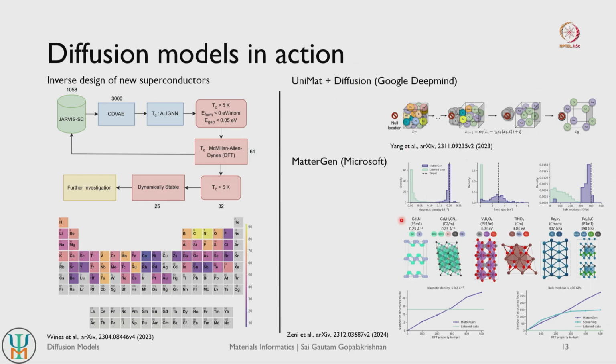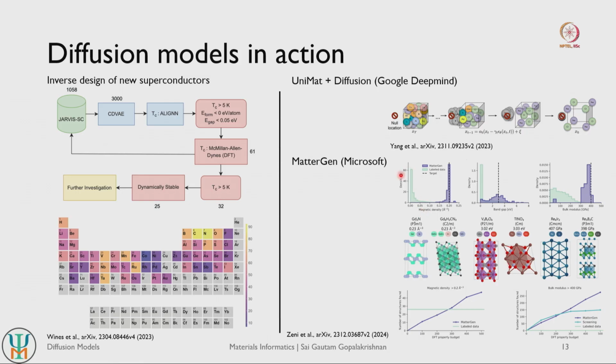The tech companies have also gotten into building diffusion models, or generative models, for material science. For instance, Google DeepMind built this diffusion model that was released around the end of 2023, which is basically a structure generator, right. You give it some kind of a composition or a property and then it tries to generate a structure. And then MatterGen is the generative model, again based on diffusion, that was built by Microsoft, right, and it does a bunch of things. Given a target property, it is able to sample a set of structures that could satisfy your target property.